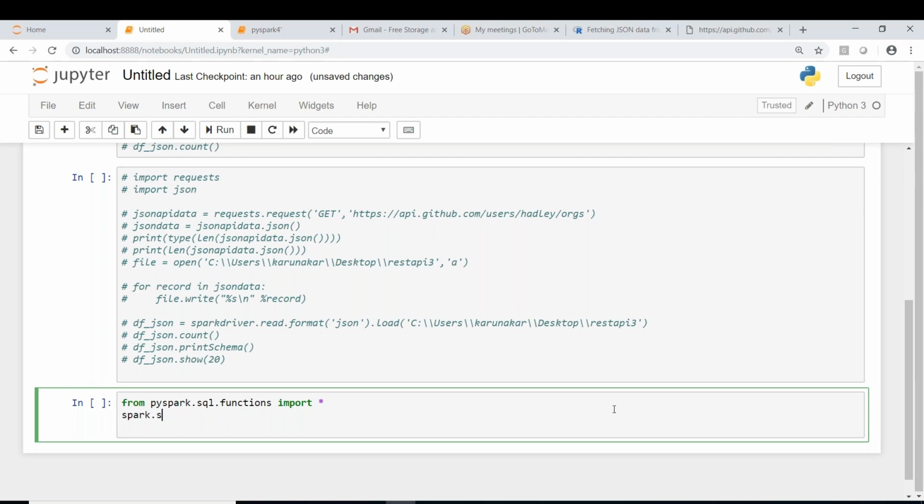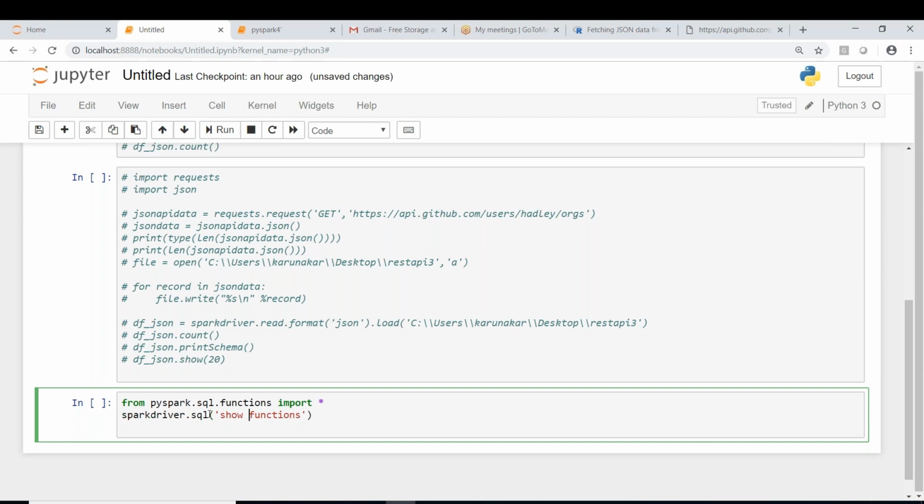So what is a query that we write generally? If you want to run a pure SQL query, what do we have to write? spark.sql. SQL is also a predefined function, remember. spark.sql of, and what is the command that we run to know the list of functions in RDBMS or Hive or anywhere? Show functions, right? Show functions only. So this is going to be loaded as a data frame.